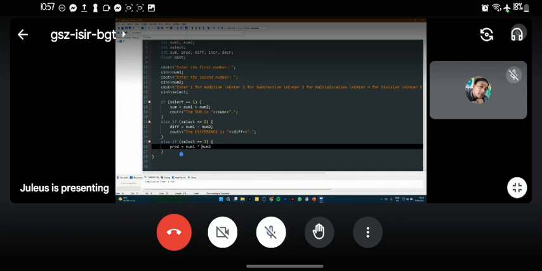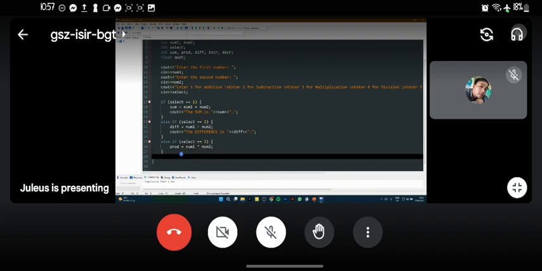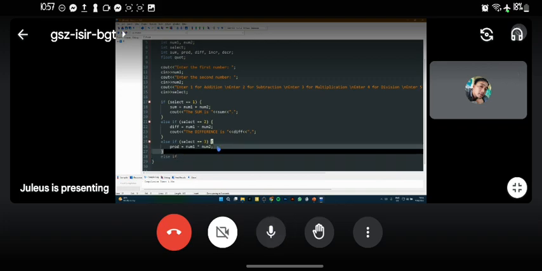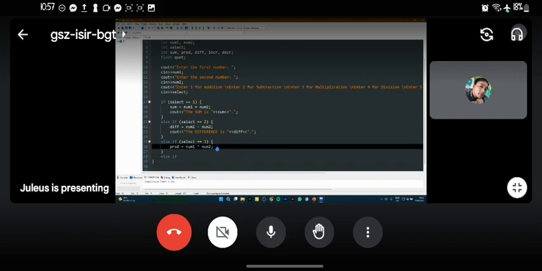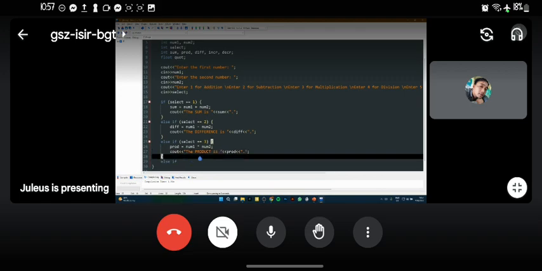So it's not x, but it's asterisk. Okay, good thing. It's good to know that you studied in our previous class, because I did not discuss that. Next, cout, para i-display natin ang output. So cout the product is, and then the value of our product, which is prod, and then concatenate with a period so that our result ends with a period.